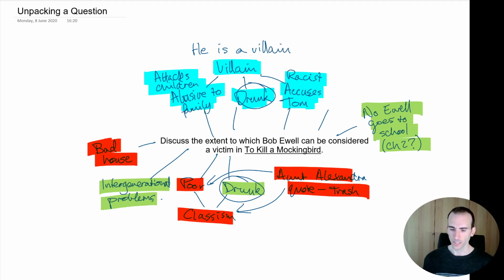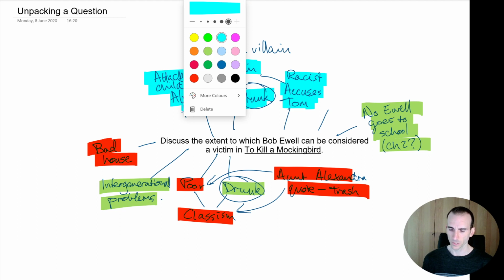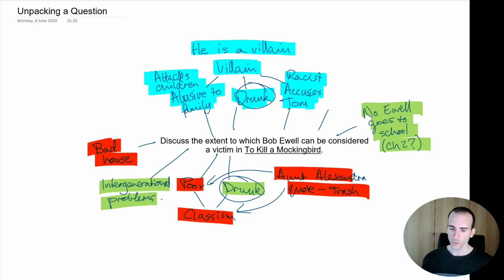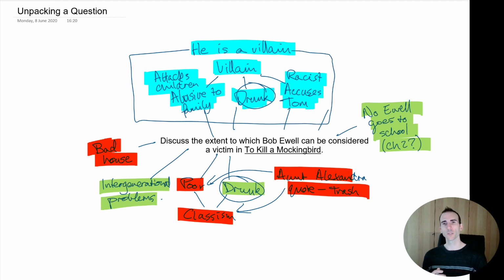So I'm going to highlight that in the blue color because that goes with that one. And I'm already thinking that might be a good place to start. And I've got them all neatly organized there, so I'll put a nice box around them. That might be a good place to start, to say we all know he's a villain, right? I'm sort of getting that argument out of the way early, so maybe that'll be my first argument. Again, not locking it in, just an idea.